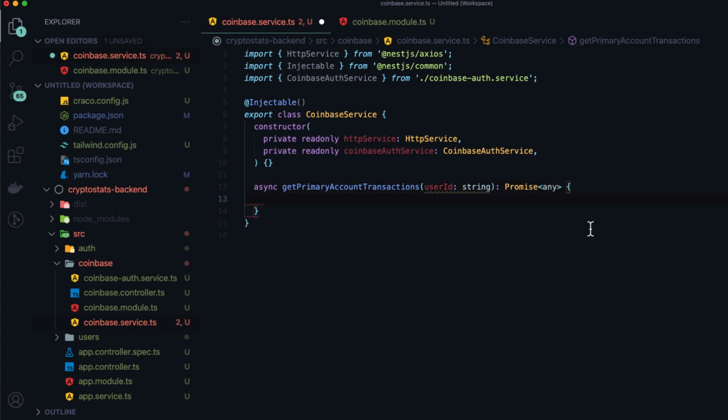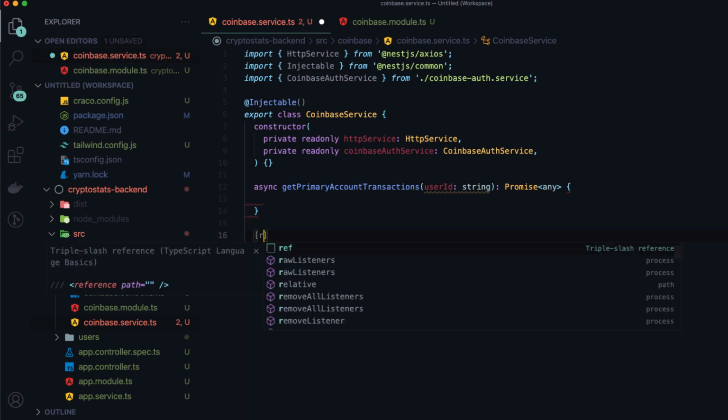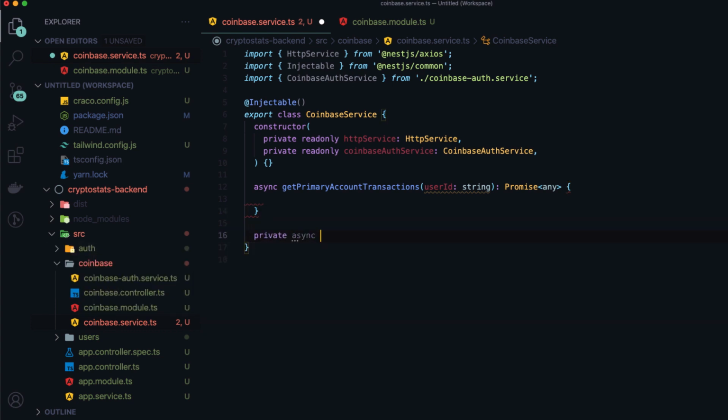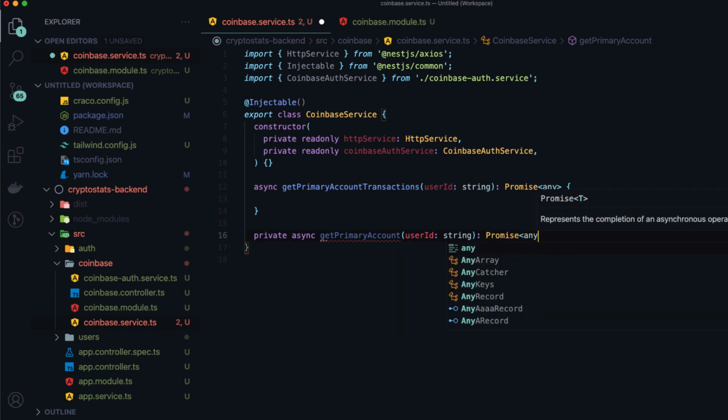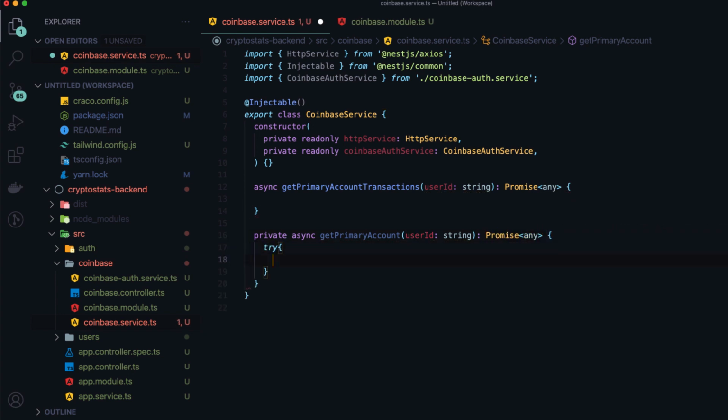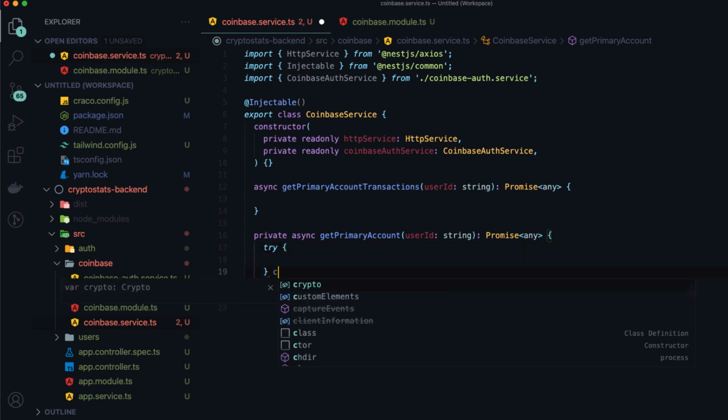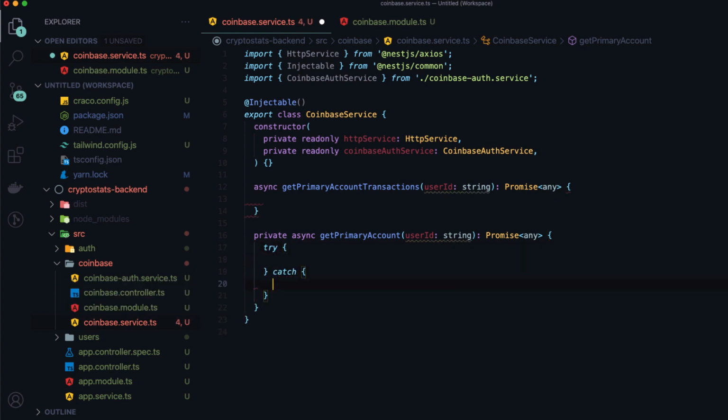So with the Coinbase API, the first step we have to do is actually get the primary account. So let's go ahead and implement that with a new method. This will be a private async method called getPrimaryAccount, which will take the user ID and return a promise of type any. So we're going to wrap this whole call in a try-catch block just so we can catch any errors that